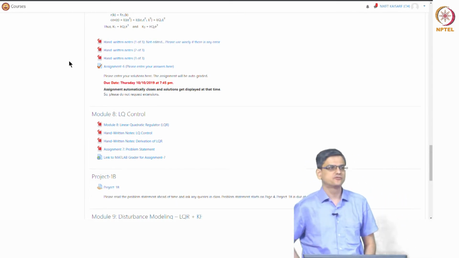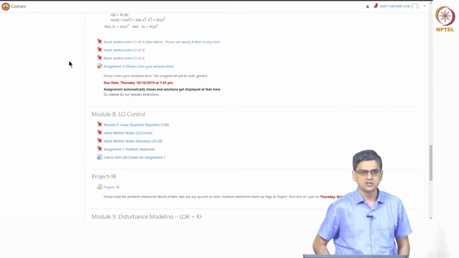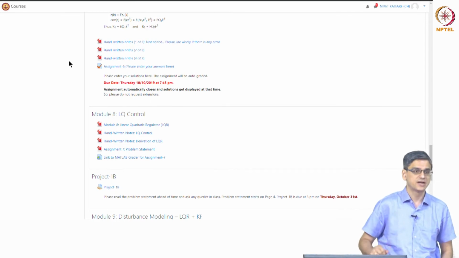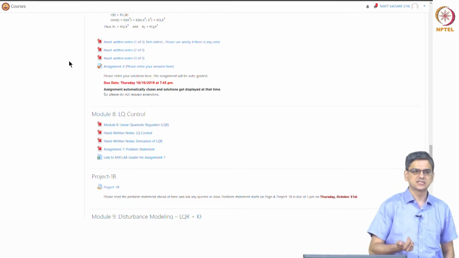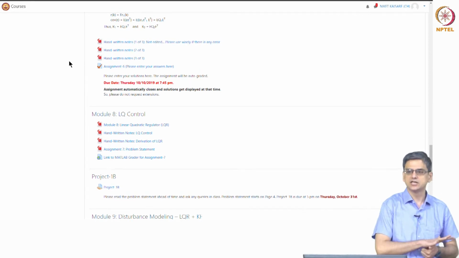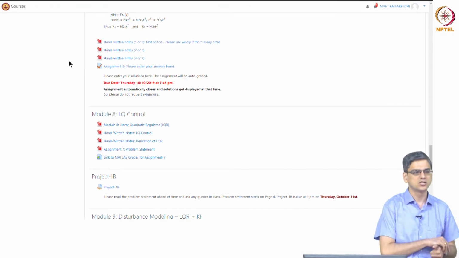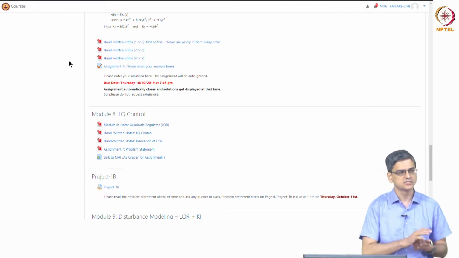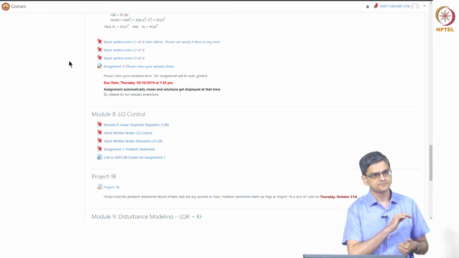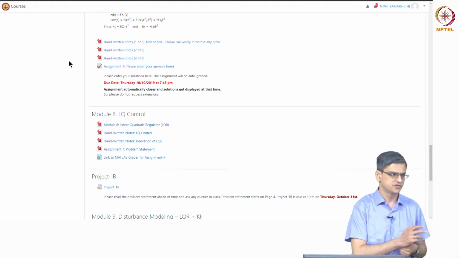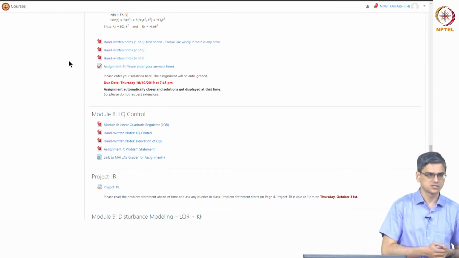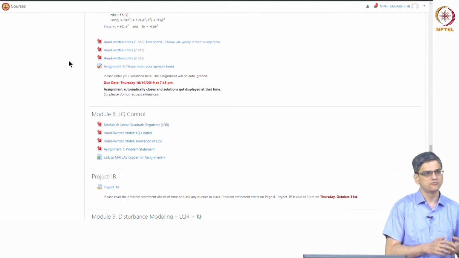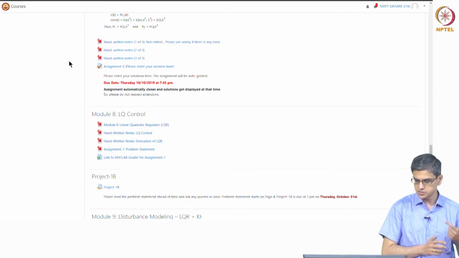So instead of talking more in general terms about the practical applications, three things are left from a practical applications viewpoint. One is inferential control and how you put things together for more practical situations.